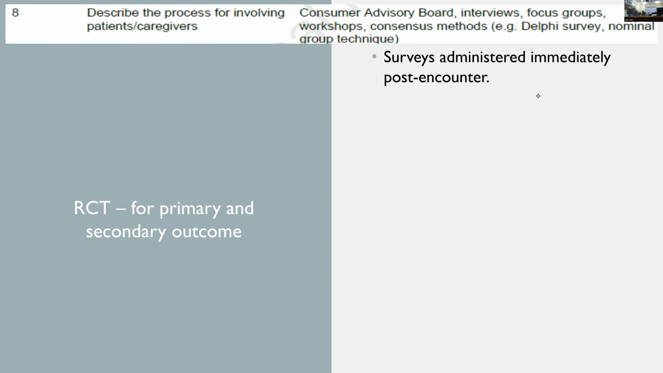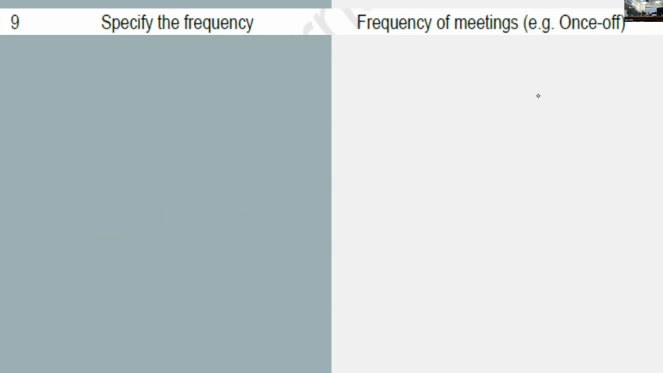And in the RCT, the patients were involved through surveys. Everything, all the outcomes, was measured by a survey. Specify the frequency, that is, how frequently have they met. In the developmental aid, they have not mentioned anything about the frequency. In the RCT,